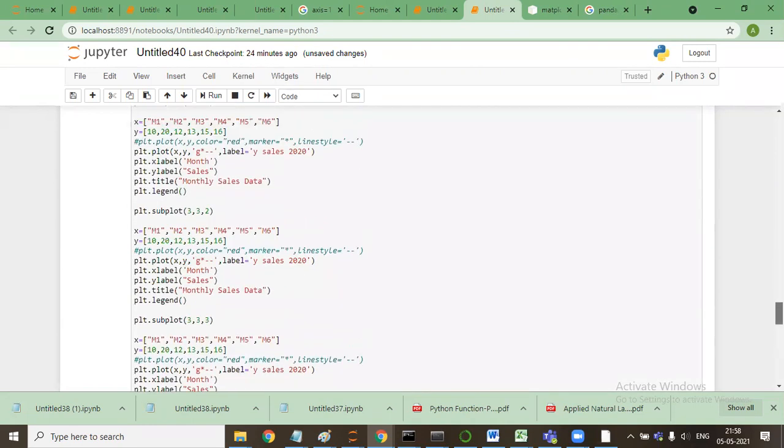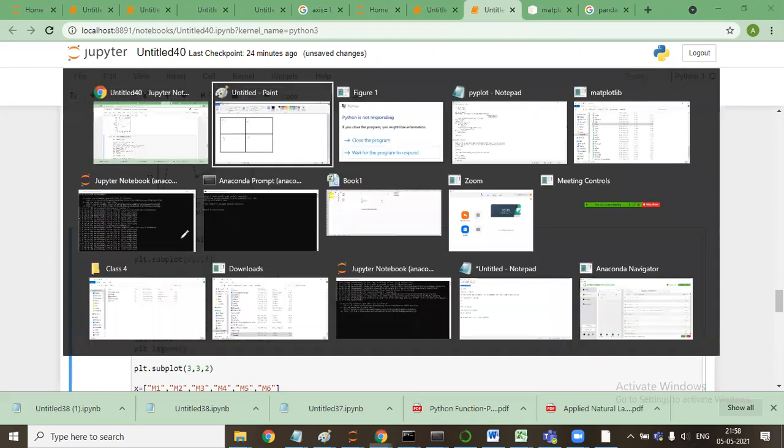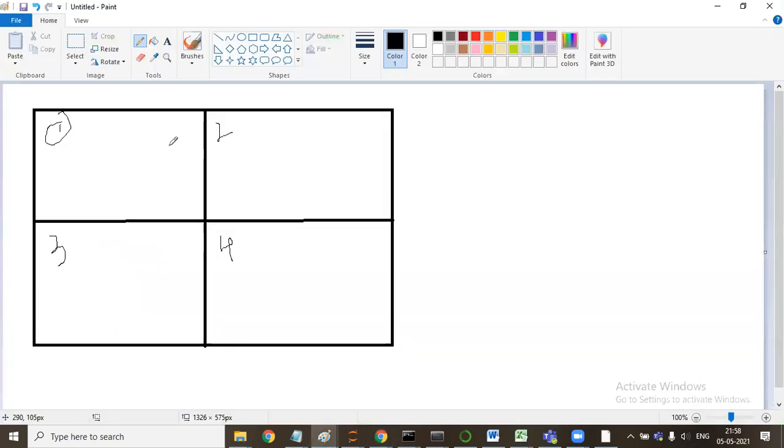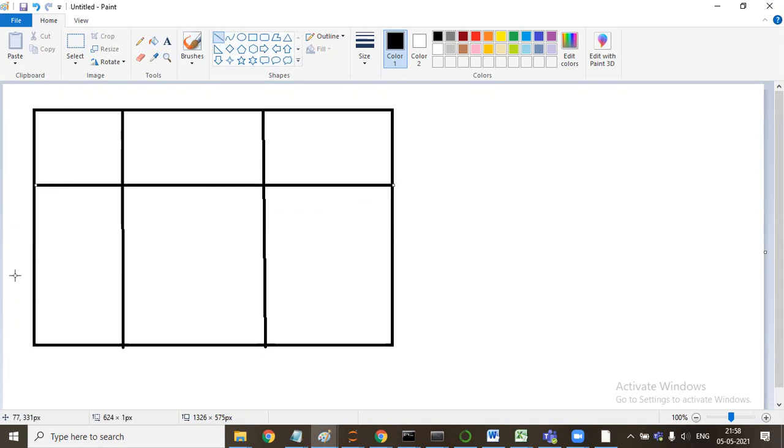So now what I have done is I have allocated this 10 by 10 area for the plots that I will be making. So it will allocate an area which has 3 rows and 3 columns.